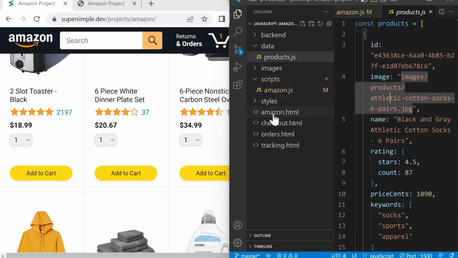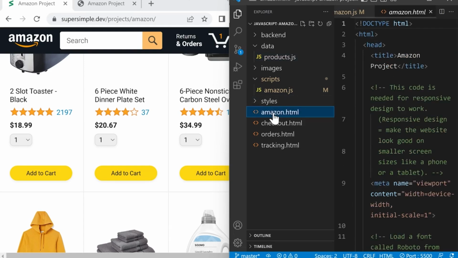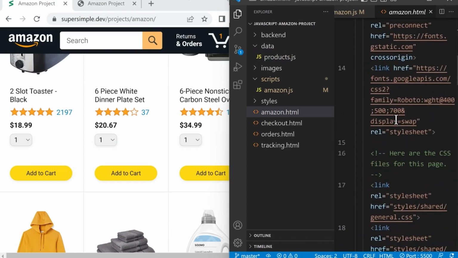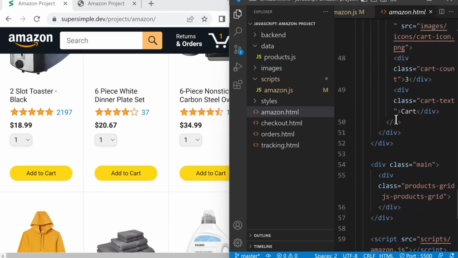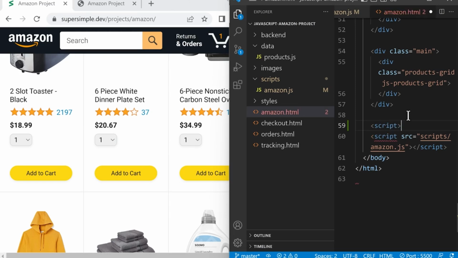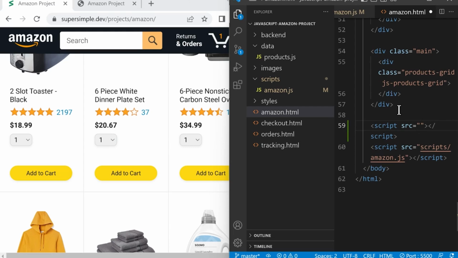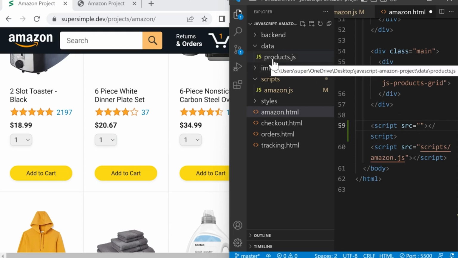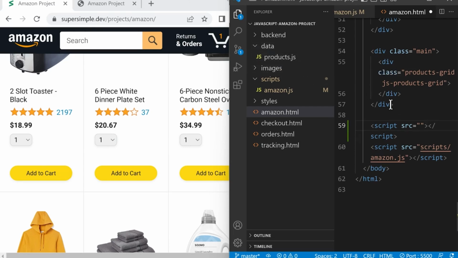We can go to our amazon.html file and then scroll down to the bottom. And then at the bottom, in the script element, we're going to add another script element above it. So we'll type script, and then the source is going to be equal to this JavaScript file. So we'll type the folder called data, and then a slash to go into the folder and load the file